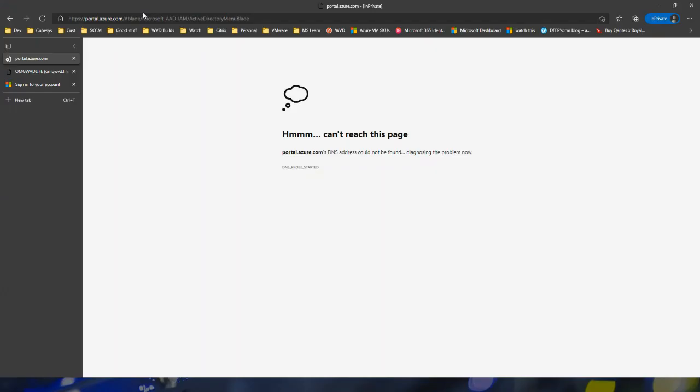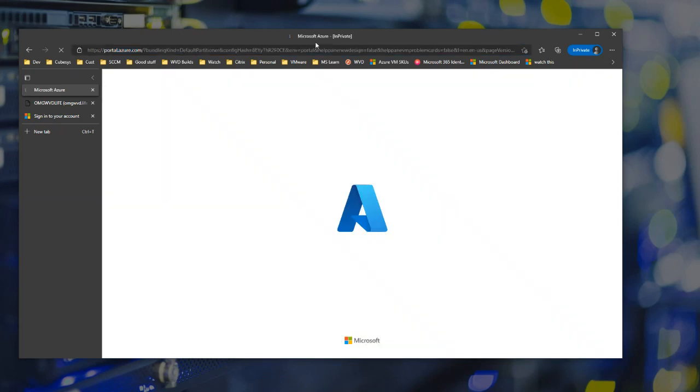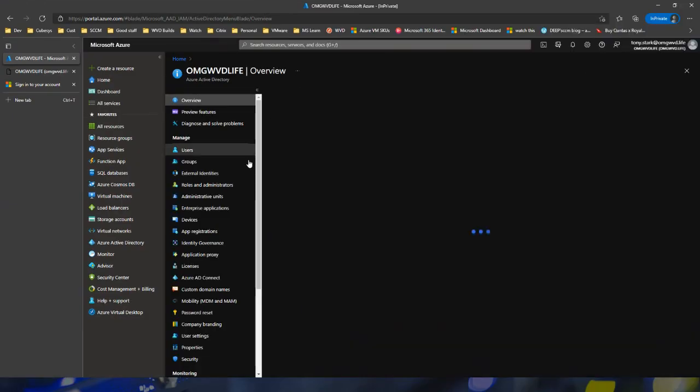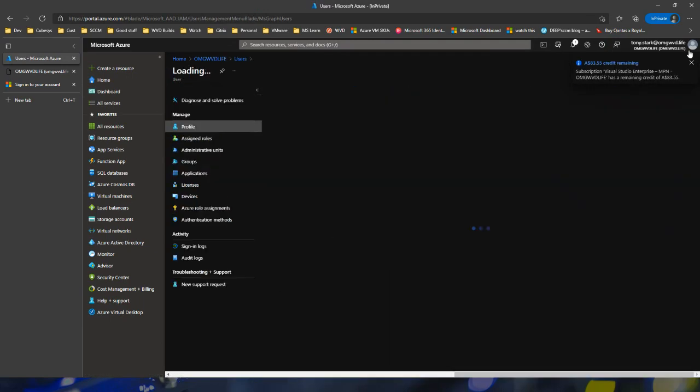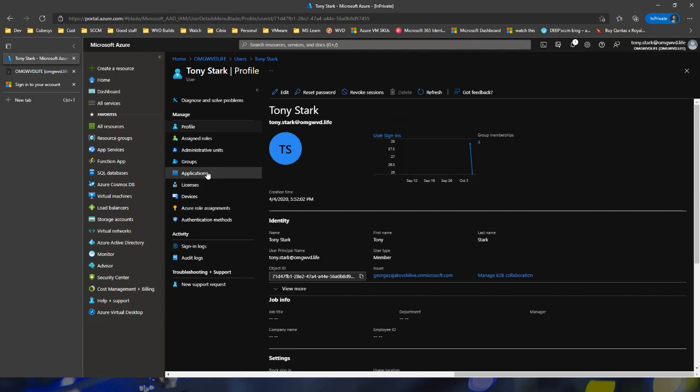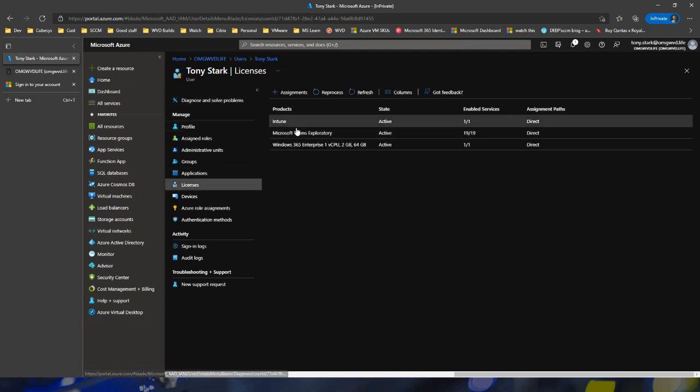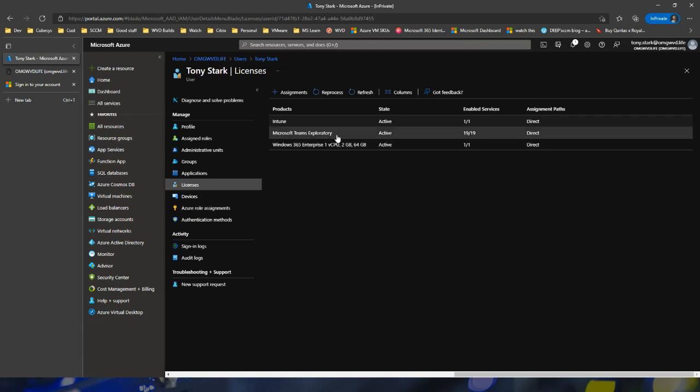Basically, I need to assign myself an Intune license and a Windows 365 license. So if we go under licenses, I've already done that. So I've got an Intune license and a Windows 365 license. Depending on what license you have, the SKUs will be different. So there's a couple of different versions of VMs that you can deploy. I'll show you guys in a little bit, but they're basically the two things that you need to have assigned